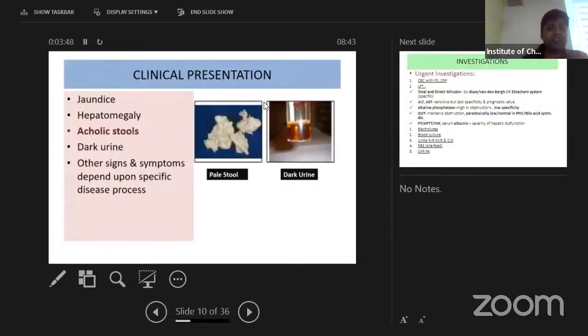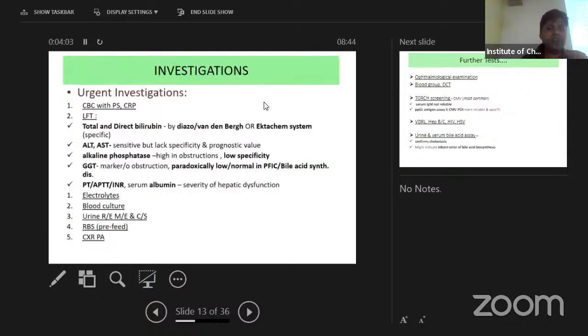Now the clinical presentation: jaundice, hepatomegaly, acholic stools, dark urine. Other signs and symptoms depend upon the specific disease process. Investigations: in the urgent investigation, CBC with the peripheral smear, CRP, liver function test like total and direct bilirubin, which is done by the Diazo method, alanine transaminase, aspartate transaminase, it is sensitive but lacks